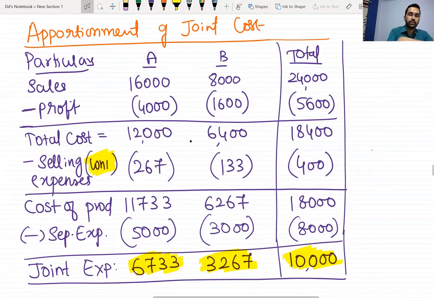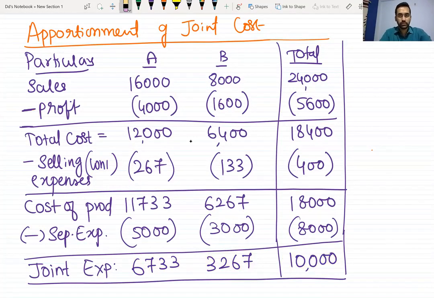You have the entire table. Those who want to try on your own, do it. You have the answer. As much as possible, try avoiding copying from the screen. Okay, let us start. Particulars A, B and total. We will start from sales given in the question, 16,000, 8,000,